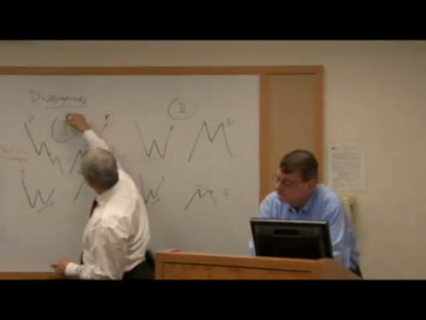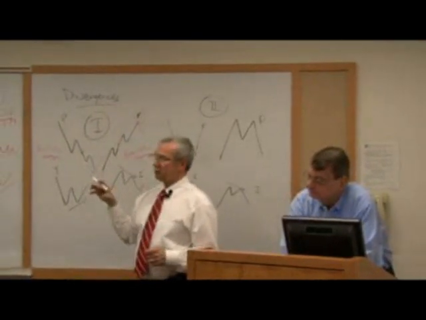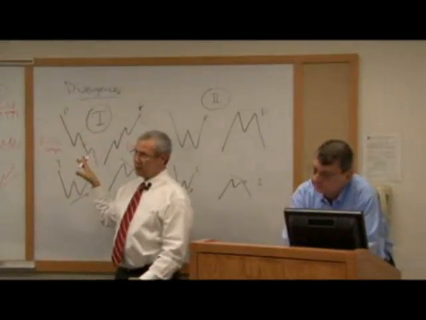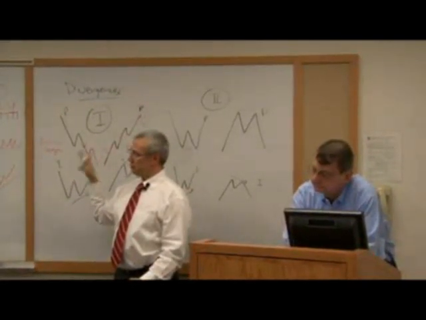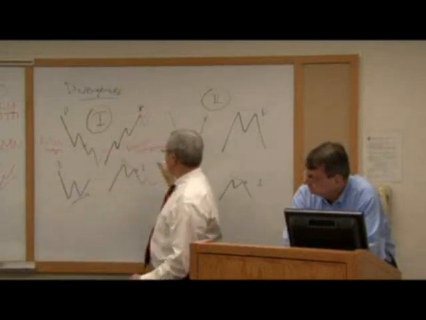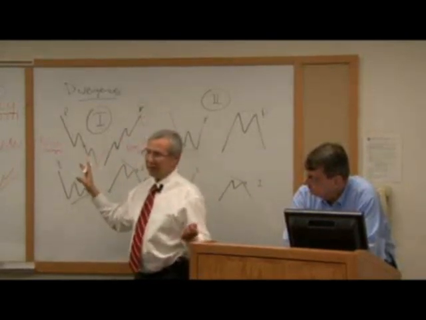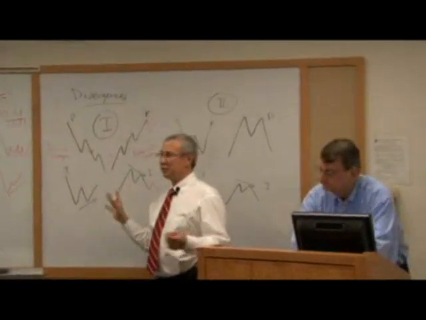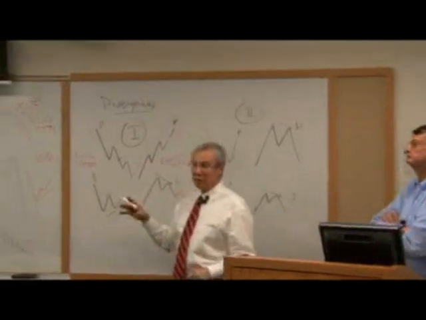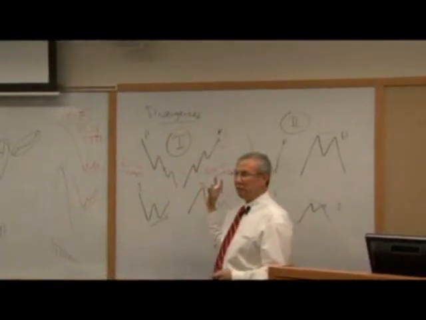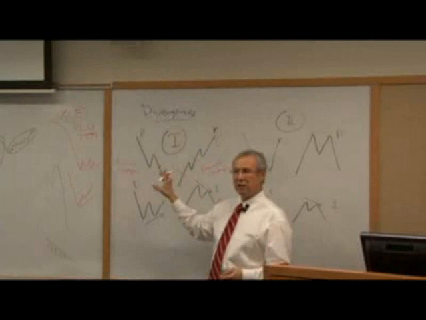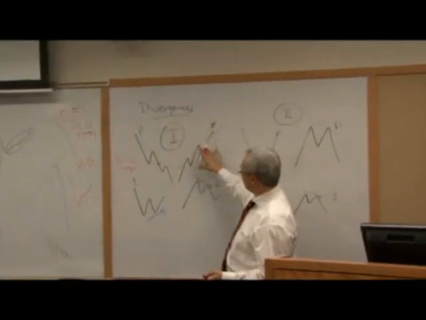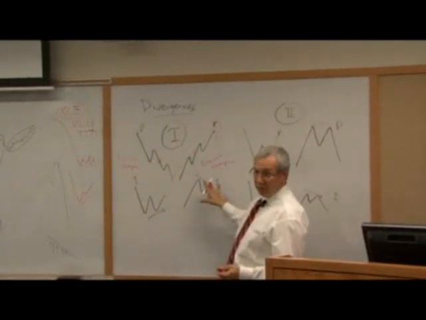I put this as category 1. This category is probably the most powerful divergence you can look for. We can talk about other categories, or we will. But if you're only going to remember one out of the weeks you're spending here, and you're using this stuff on your 401k or whatever, remember this one. The other patterns can work also, but this is going to give you the most powerful one, and it probably makes the best sense to you. It makes a new high, but on weaker momentum.